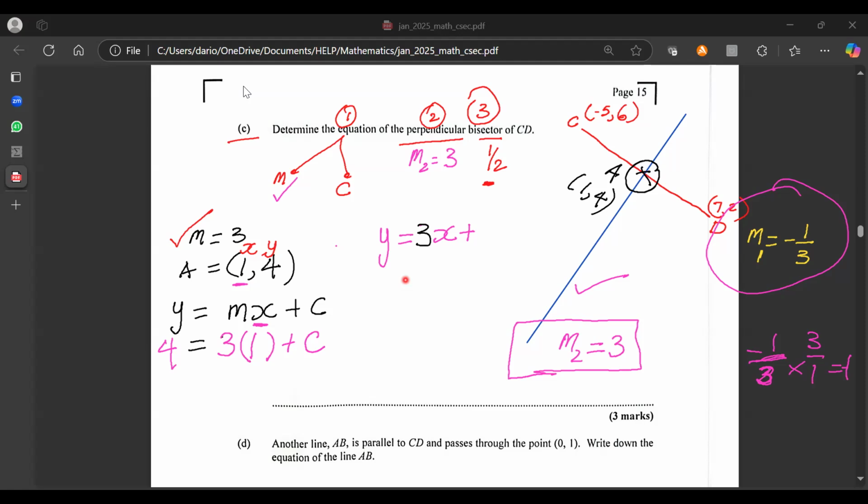All right, so people, we have to hurry along because we're down to our last half an hour. So if you look on the screen, watch the cursor, people. I am going to finish up the question. 3 times 1 is 3. So for C, I have to take this 3 to the other side. So it's 4 minus 3. So 4 minus 3 is 1. So C, people, is 1. Therefore, the equation of the line,